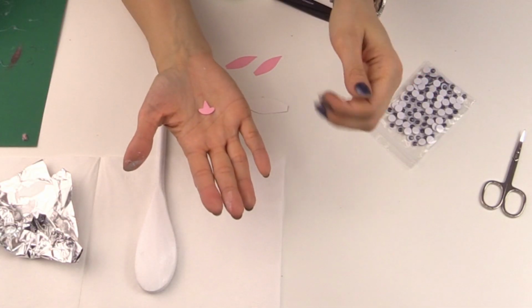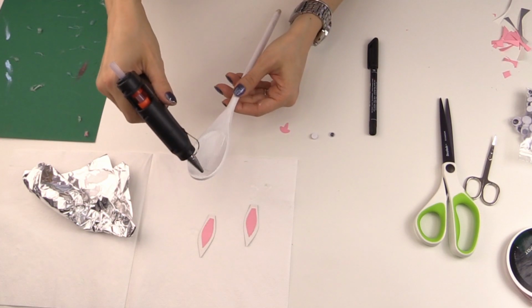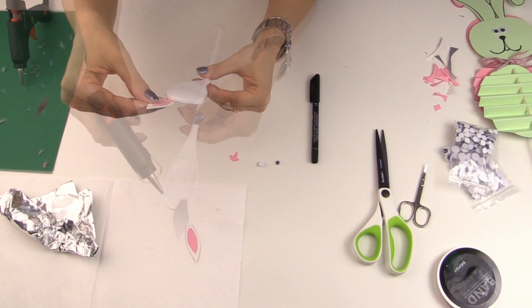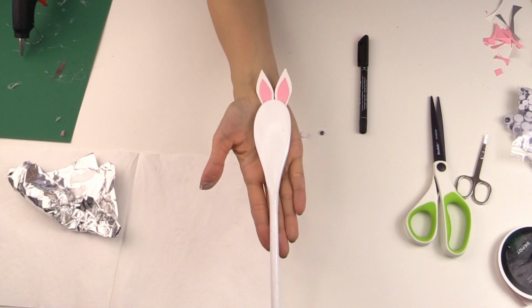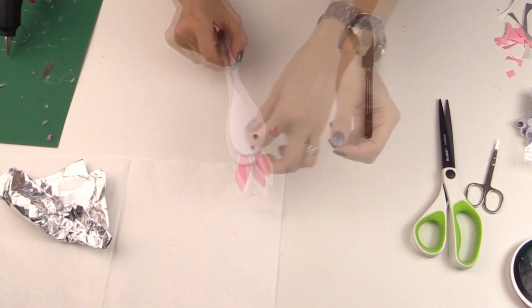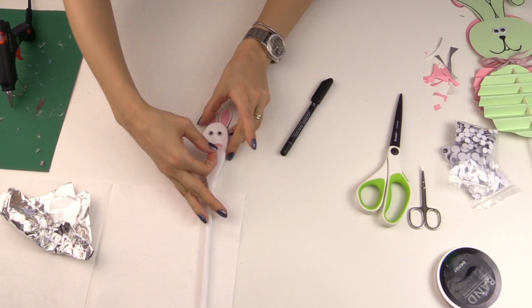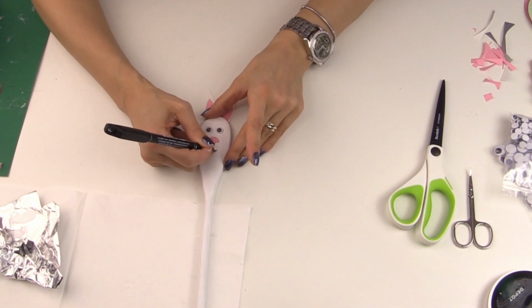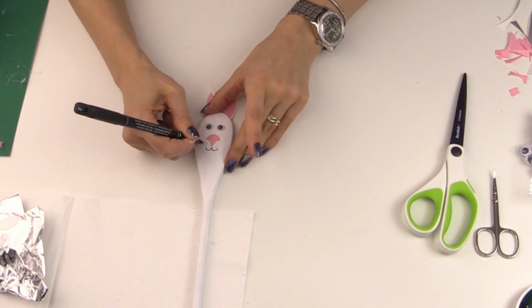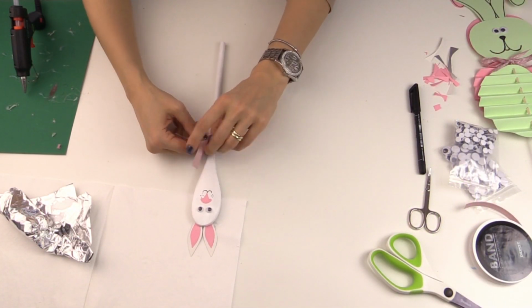So this is how the nose is looking. And now I'm going to attach the interiors to the actual ears, and then I'm going to glue them down to the head. The eyes come next, so just place them where you think they should be and then glue them down. Then the nose comes somewhere in the middle, and then the mouth, you need to draw it on with the pen. Then draw on some dots, the whiskers, and then lastly tie a ribbon around the neck